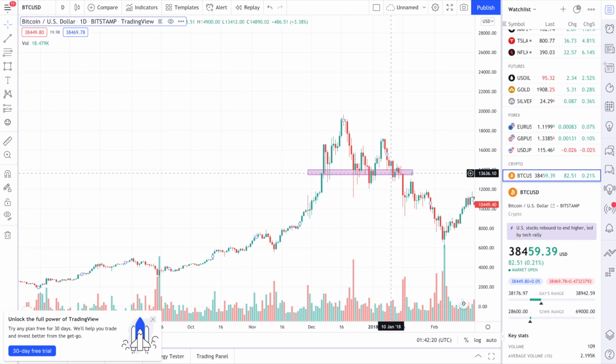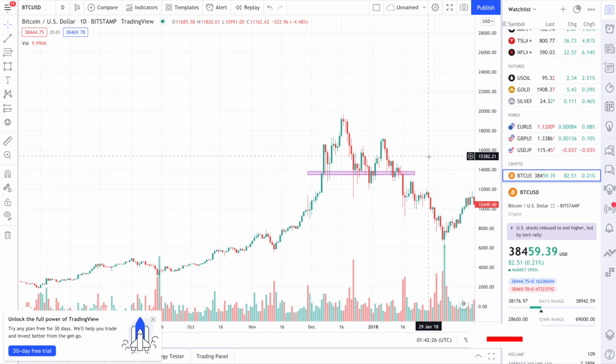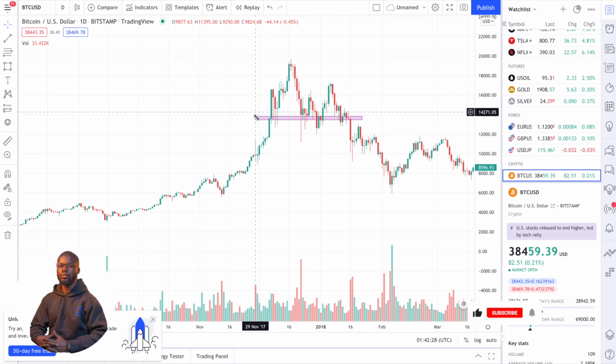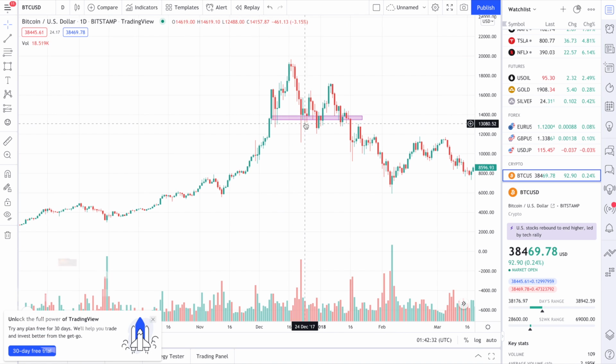Around this zone. My zones are quite poor, guys. Don't mind me. I'm doing this for the beginners, just to get a fresh look. I'm not like a professional. I'm just doing this based on my experience and how I've seen the market behave. So basically,